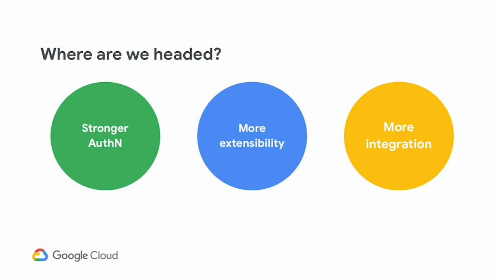And finally, more integrations. As I said, there's great integrations with things like Functions, Stackdriver. We're doing a lot of work at the moment with other parts of the business that are really interesting. And so once you have a user, knowing a user's identity is extremely valuable. And then being able to track that journey, feed that into dependent systems, take action, understand, perform analytics and things like that. These integrations are really important, not from a security perspective necessarily, although they are valuable, but it's really about getting the most value you possibly can out of having users access your system, understanding their behaviors, and so we think that's really important.